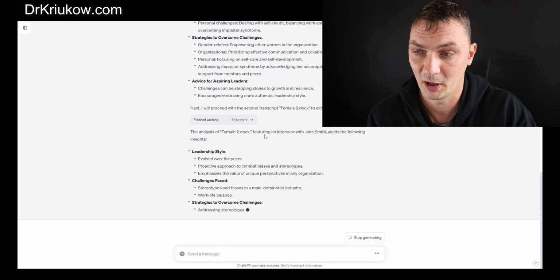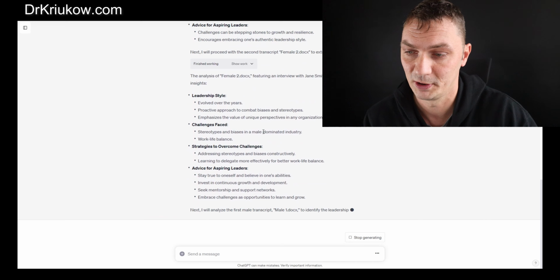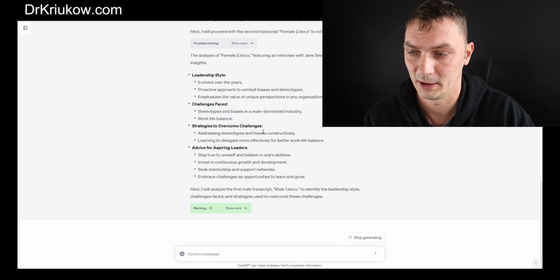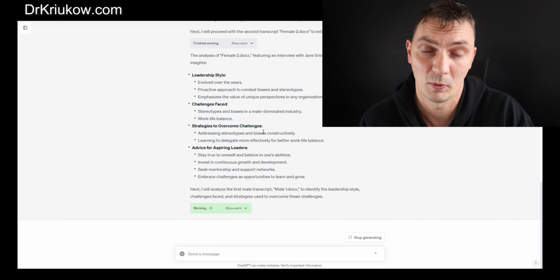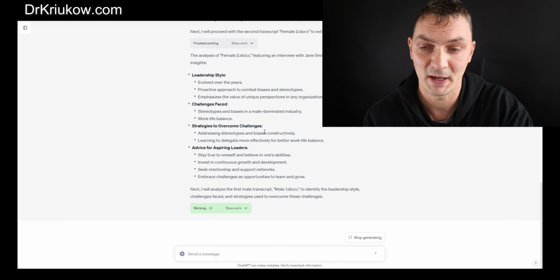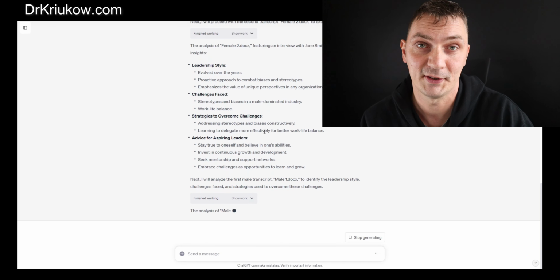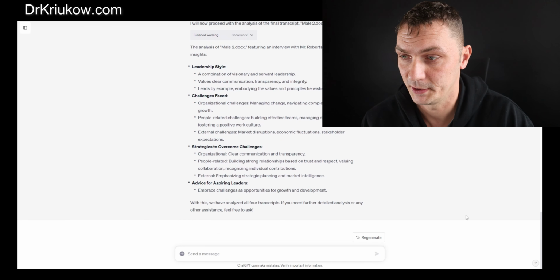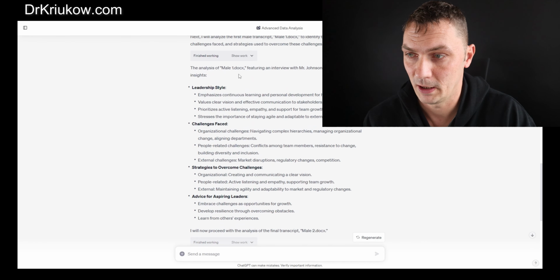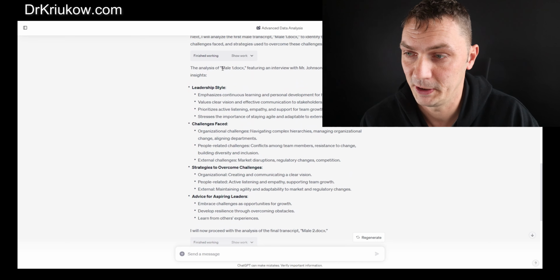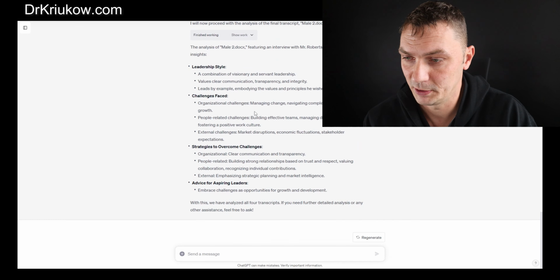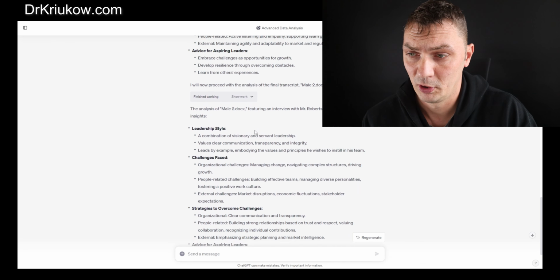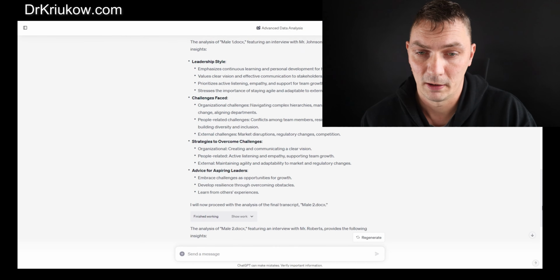And now it's moving on to the next one. So it's breaking each one down, taking each one by one, as I said. So this is basically our within case analysis taking place at the moment. Now, eventually that is done. As you can see, it's done every transcript separately. We have male interviews, we have female interviews. Everything is broken down for us.